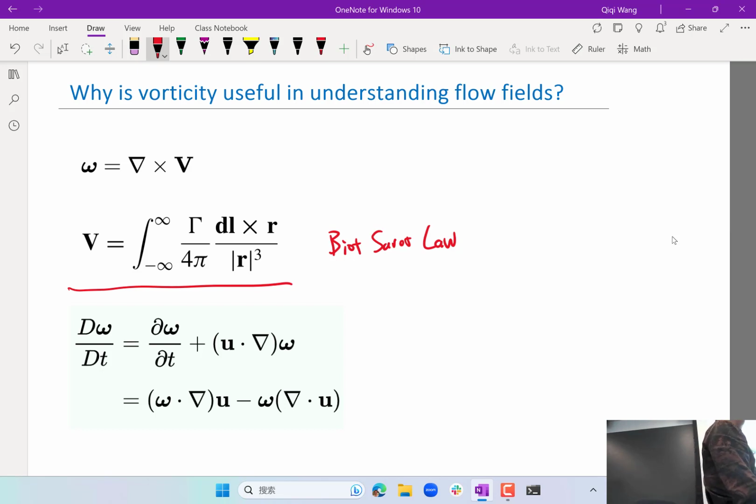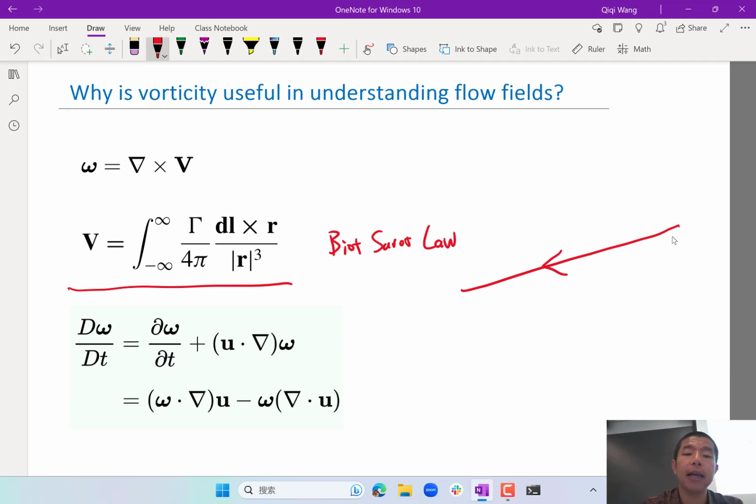Okay, and then you have an r cubed over here. What that means is that the flow field induced by a small segment of the vortex is inversely proportional to the square of the distance between that point and the vortex. And finally, you have the cross product over here, which means